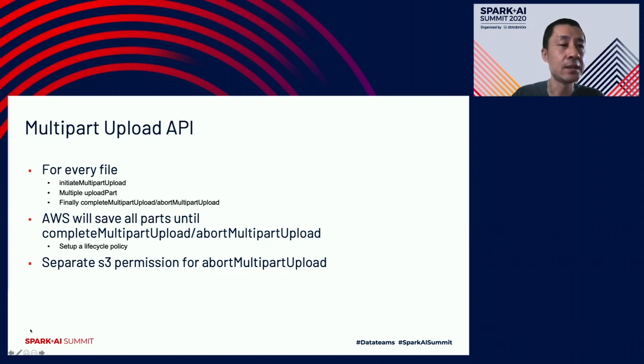Users cannot see partial uploads using the usual S3 commands, but AWS will still charge you for the partial uploads. So it is important to set up an S3 lifecycle policy to remove partial uploads after a certain time. Second, abort multipart upload requires a separate S3 permission. We need to explicitly grant the permission, which we often miss in practice.